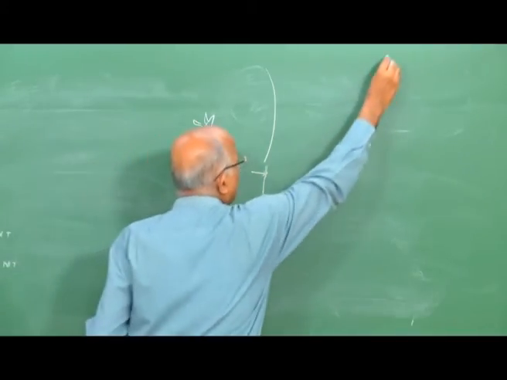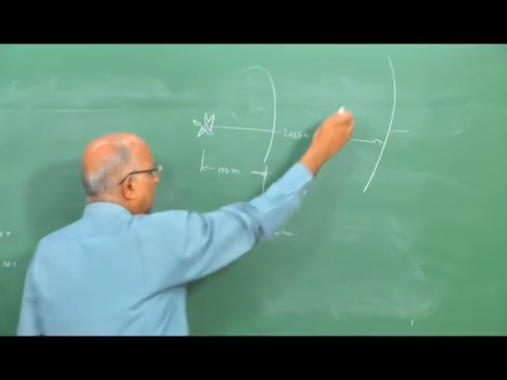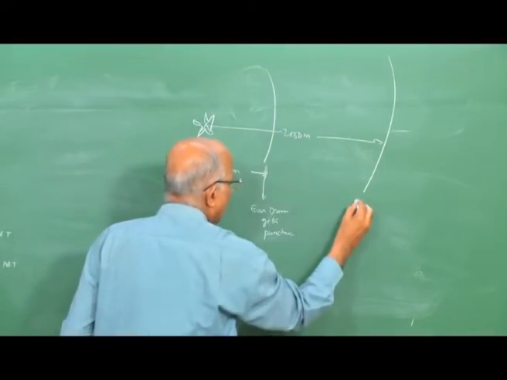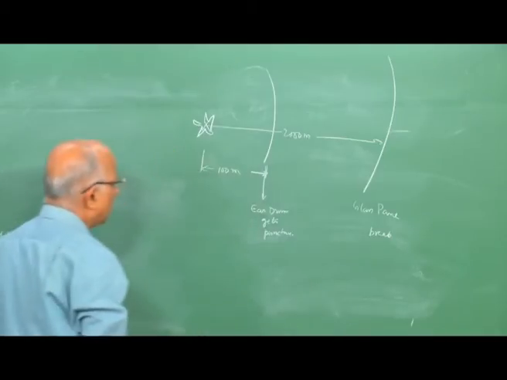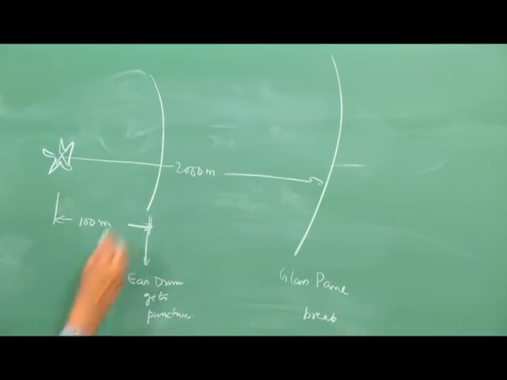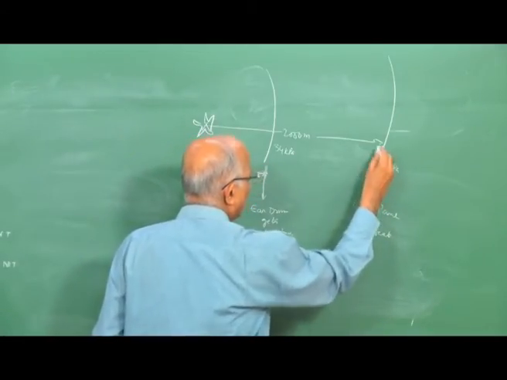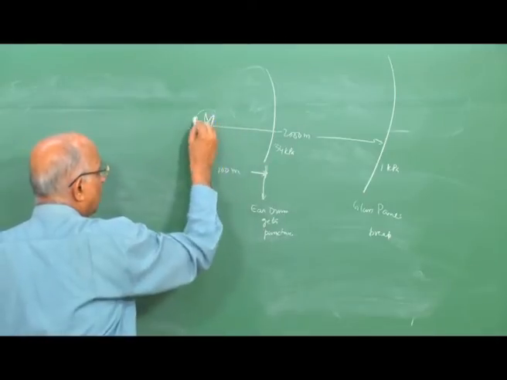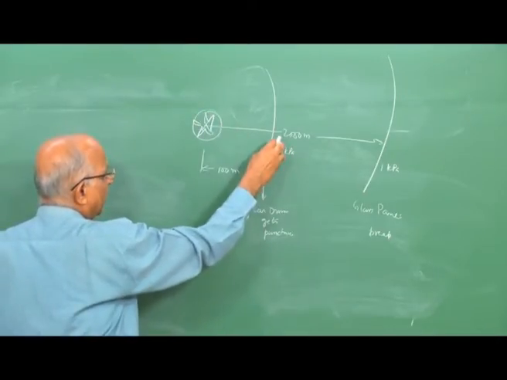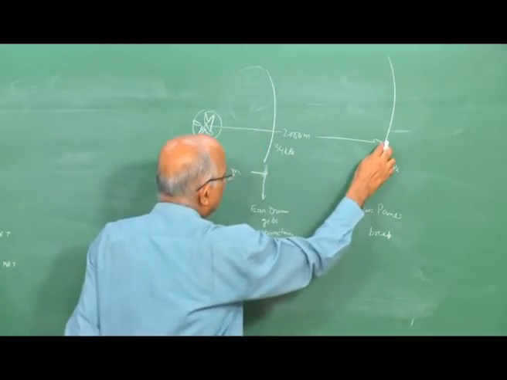Maybe at another distance, let us say 2000 meters away, quite far away, the buildings are damaged, the glass windows or glass panes of the building break. We had told earlier while studying blast waves that 34 kPa overpressure causes the eardrum to rupture, and something like 700 Pascal or 1 kPa causes the glass panes to break. Therefore, we say the overpressure from this actual explosion, maybe very non-ideal, is such that at a distance of 100 meters I have 34 kPa overpressure, at a distance of 2000 meters